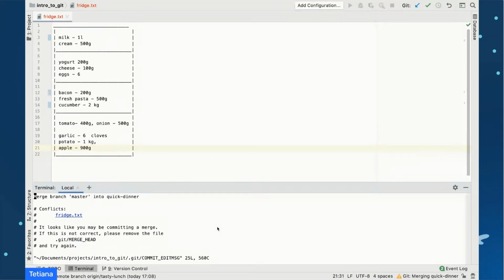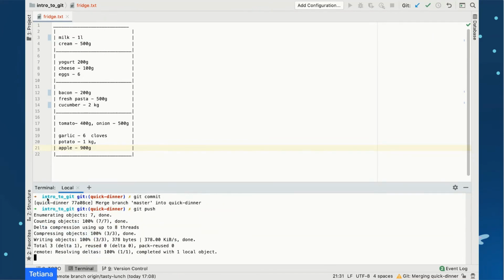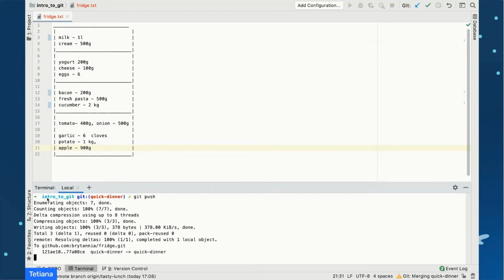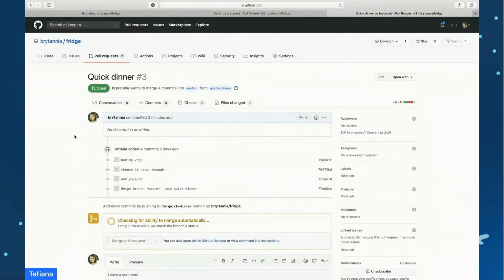And we already have a pre-recorded commit message, it will be merge branches, and we'll save it, and it's done. Now we can push our branch again to GitHub. Yeah, it's pushed, and we can see what changed